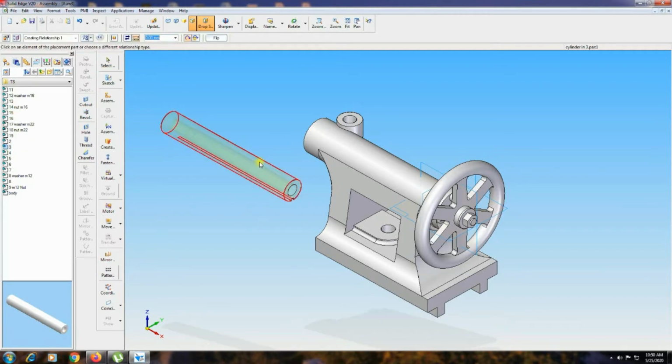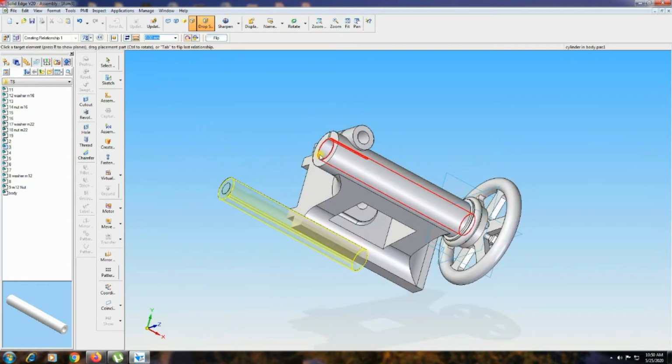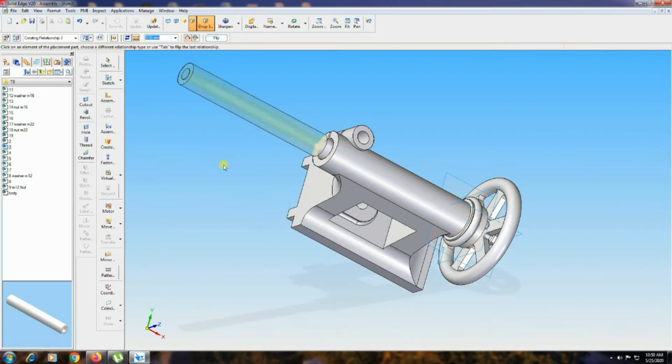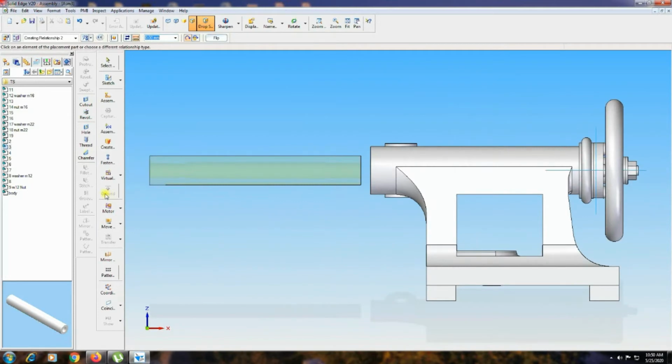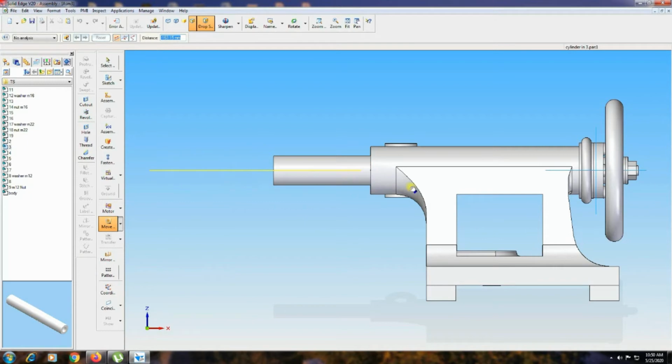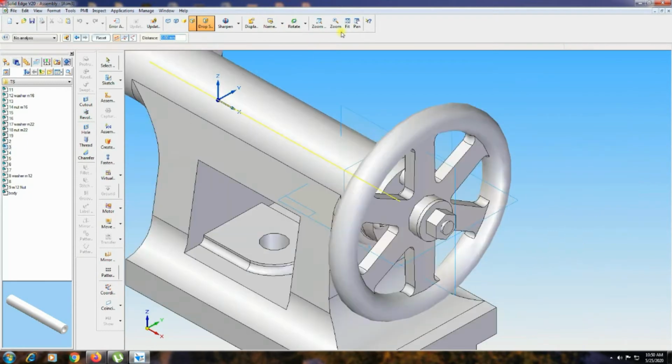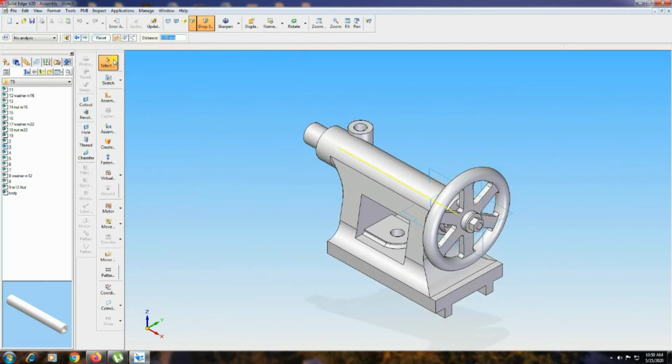Here first axial align, that axis, the cylinder surface should align with the inner hole. Then keep it in front view mode, fit sheet, select the move command, select the drawing like this at the x-axis, then move the cursor in no direction up to that much. Fit sheet, then go to part number 19.